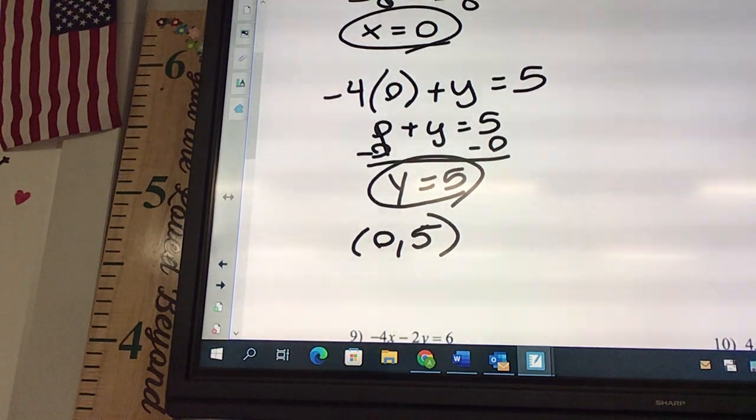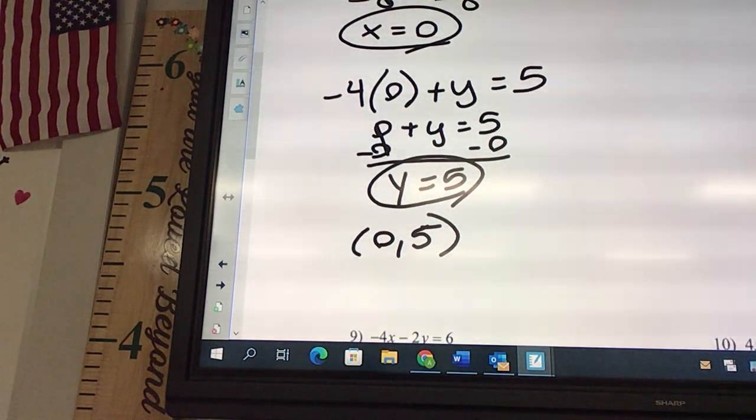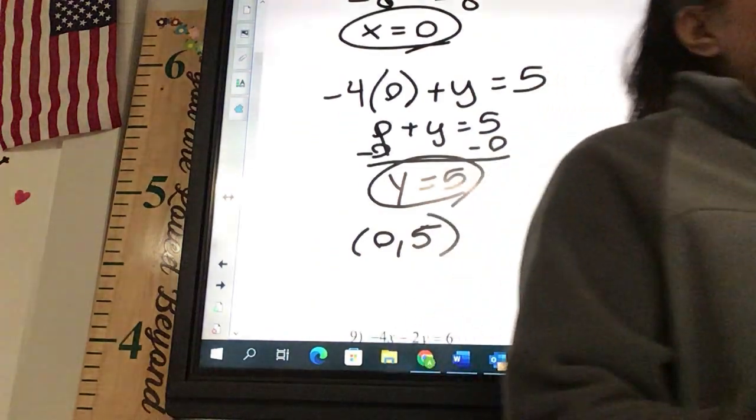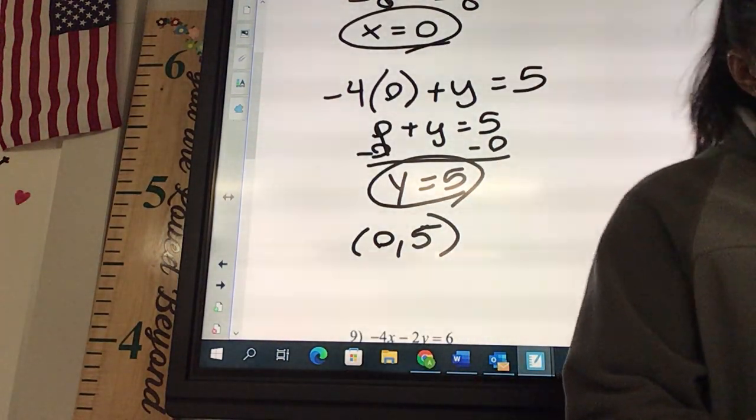Okay, and then we're gonna cut it down a little bit today. Cross off number 9 and 10. Okay, you guys go through. You got 4 to do on your own. Okay, when you get done,